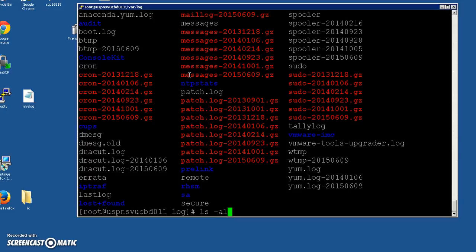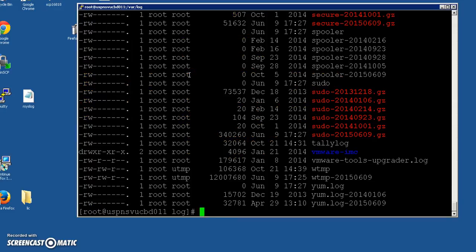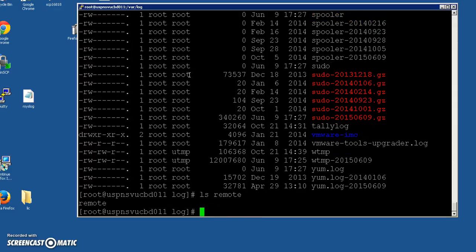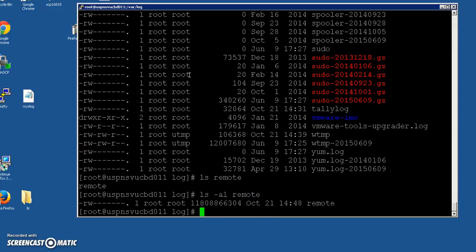I've got to see which are the largest files on this system. So I do ls -al. I have a file called remote, so I want to list out the file called remote: ls -al remote. See how big it is? I want to get it out. Here's the command to erase a file, clean it up, zero it out, or make it small. You'll get to know it later. Copy /dev/null to the file name, and this file name is remote. Keep your eyes on the sides of